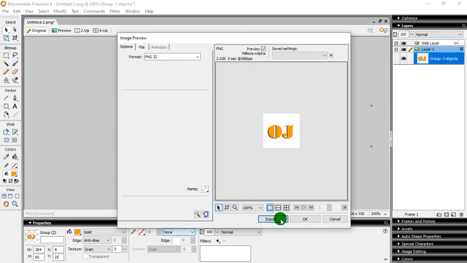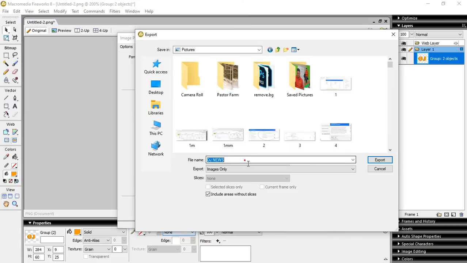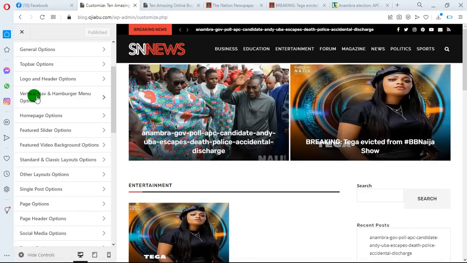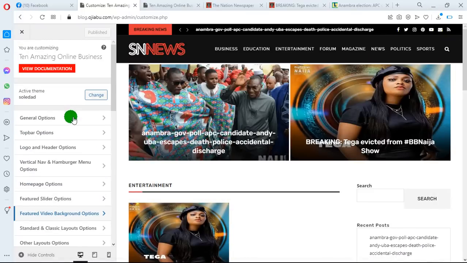Then I will export, right? So all I need to do is export. So I'm done with that. Then the next thing I need to do is, okay, we have logo and header options. I'll click on logo and header options, and I want to change the logo, so I'll click on change